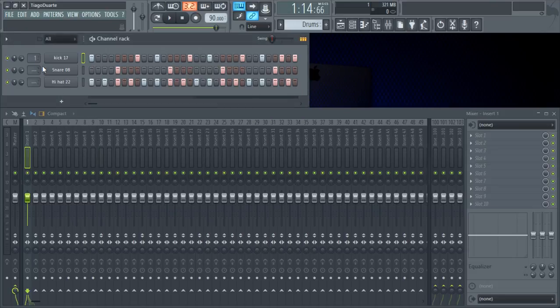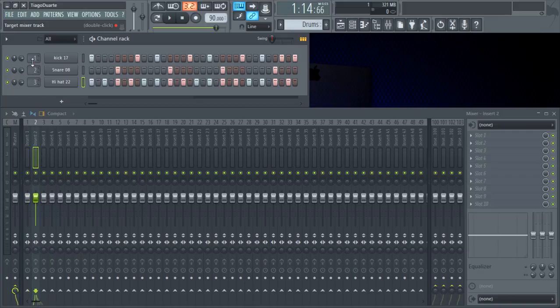And if you click here and move the mouse, you will see that you are changing the tracks of the mixer. So this is insert 1, which means track 1, and you can start just increasing the numbers here,